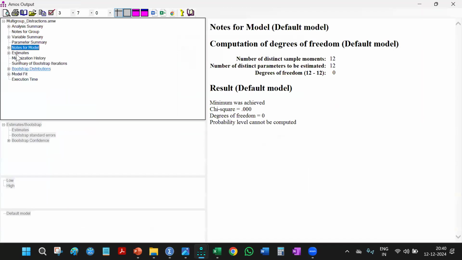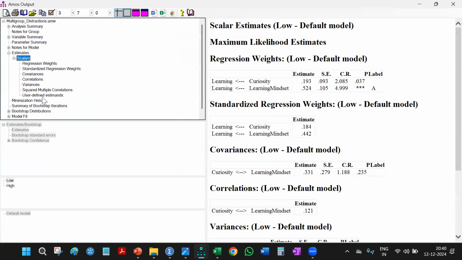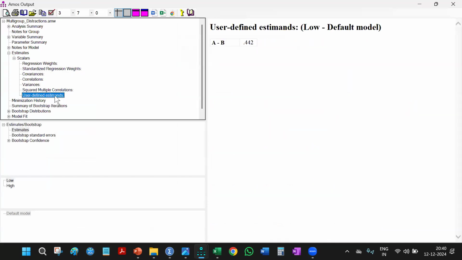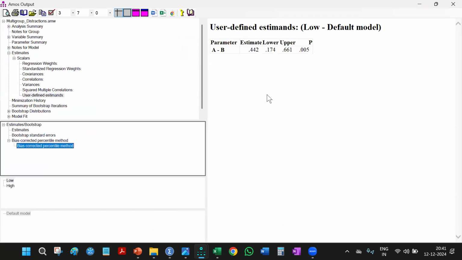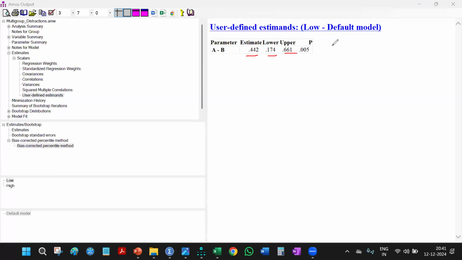Go here and go to estimates. Go to scalars, user defined estimates, and the differences will be written here. Now go to bootstrap confidence. So we have a moderating effect. This is the estimate. This is the lower limit. Both are positive and p value is less than 0.05. So we can tell that there is a moderating effect in this model between